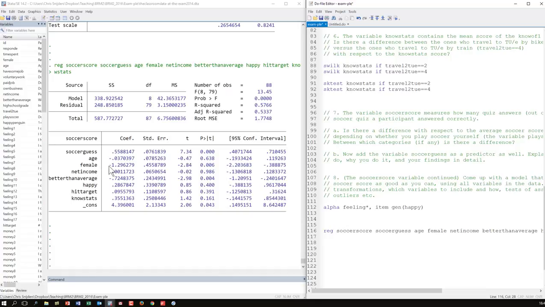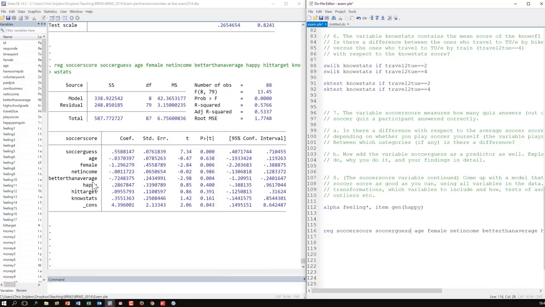Females, there's a difference there as well. So we have that females score worse here on the test, about 1.3 points on average. Age doesn't seem to matter, at least not linearly. I wouldn't really expect something from age here for two reasons. First, I wouldn't see why age would help. And the second is we do not have a lot of variance in terms of age. You're, roughly speaking, all equally old. And if we have hardly any variance to work with, then it's not very likely that we'll find something.